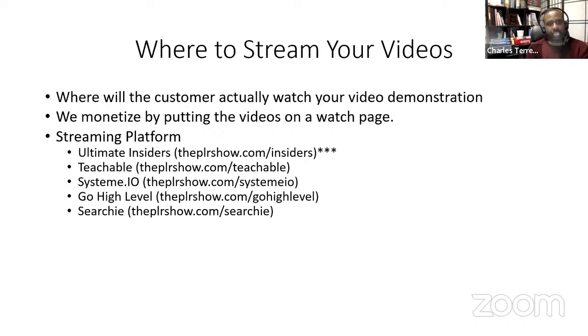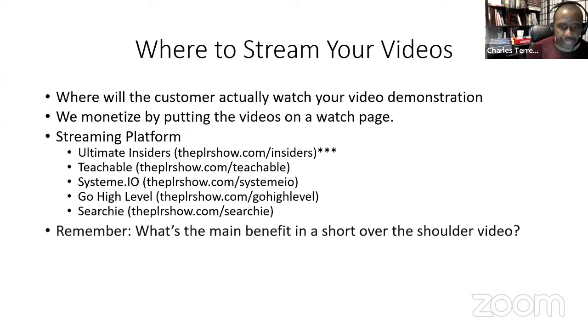So those are ways that you can buy a platform that's not your WordPress platform, where you're not cobbling together something for video. I guess Russell Brunson was pushing something called Vroomly, right? Some of you might be familiar with that, and there are some other video hosts available to you. But I would suggest that you look at a streaming platform, because they allow you to put the videos on the watch page and to monetize your watch page. You want to put the customers on the watch page and monetize the watch page.